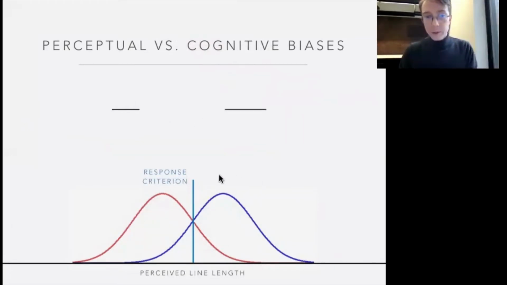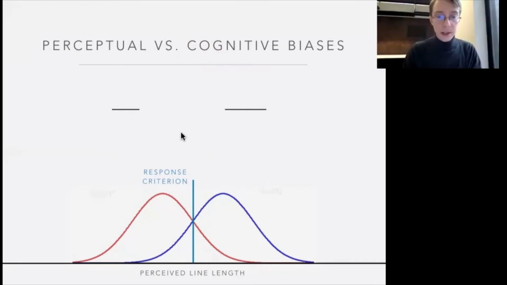You can show that the space between those two distributions will represent how similar those lines look to you. If you're completely unable to discriminate between the two, it means that the lines look identical to you, and so your two distributions will overlap. If the lines look very different to you, the two distributions will be very far apart.